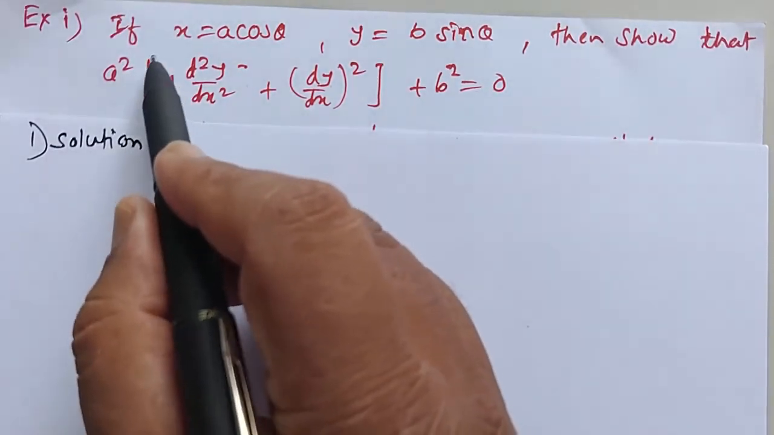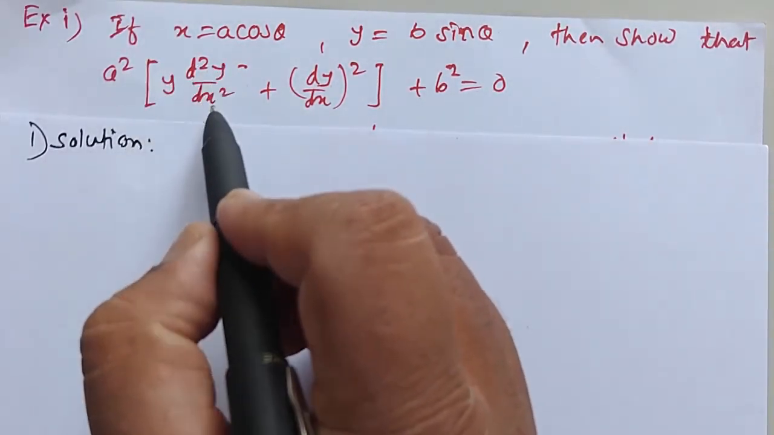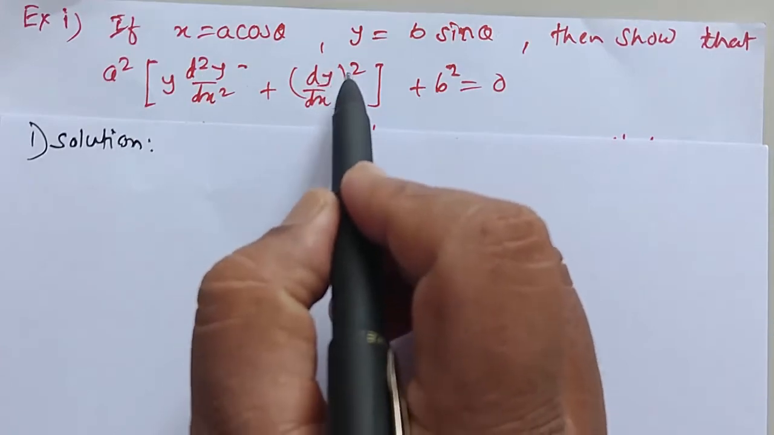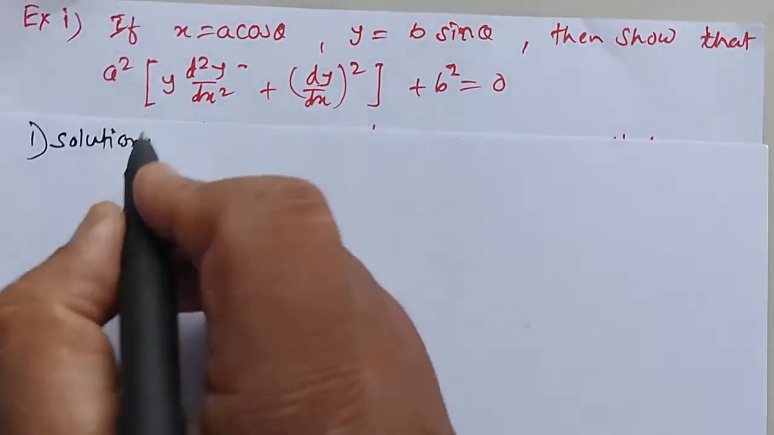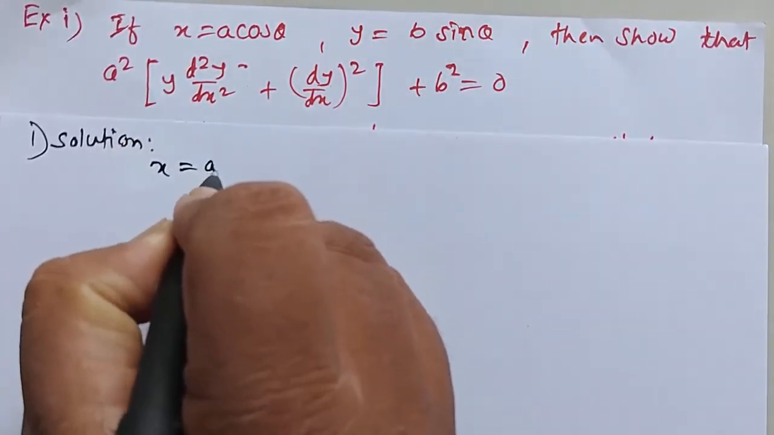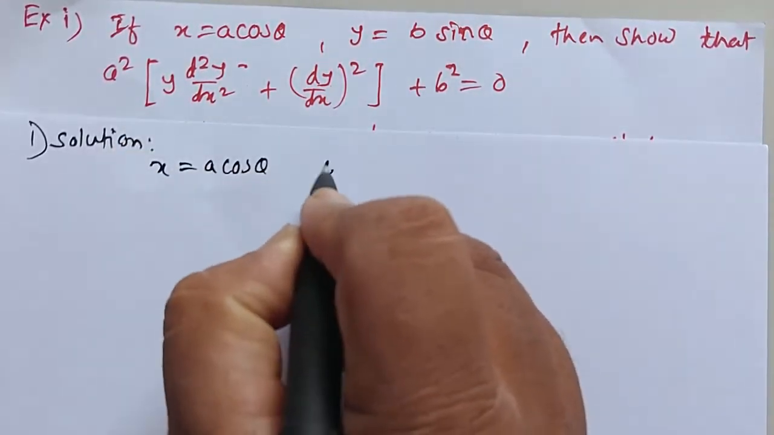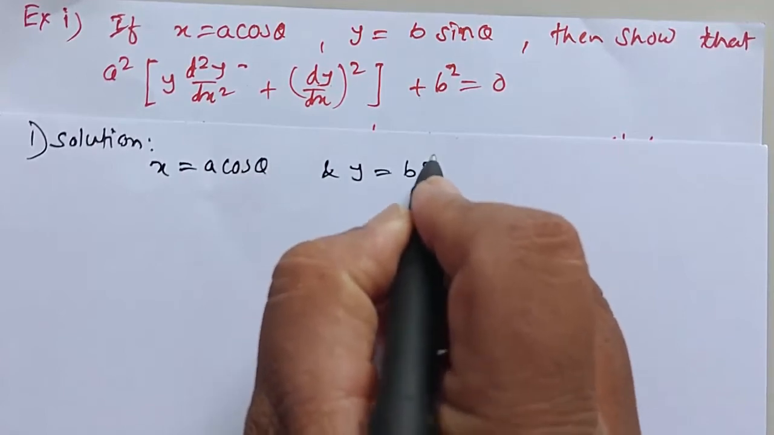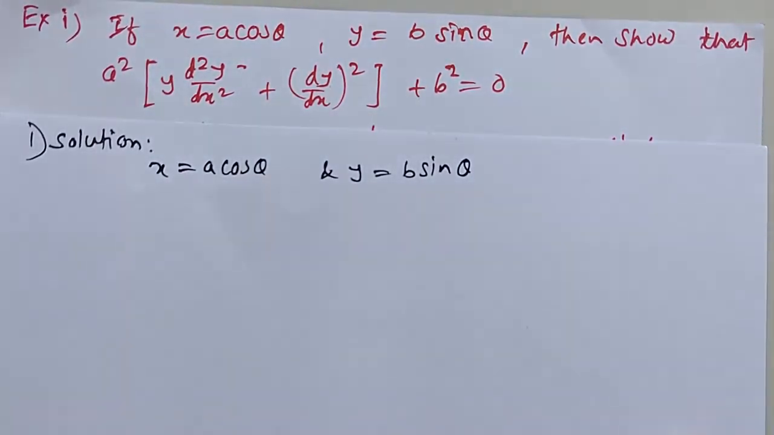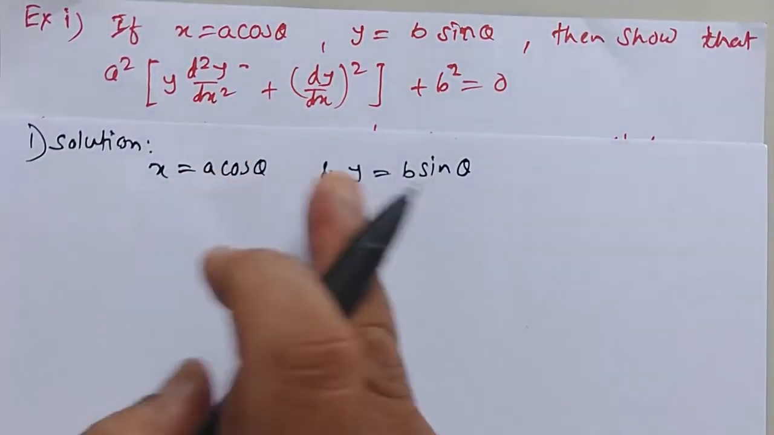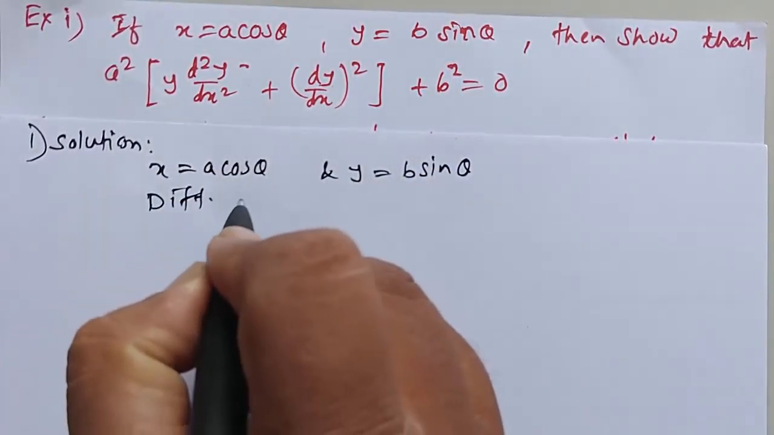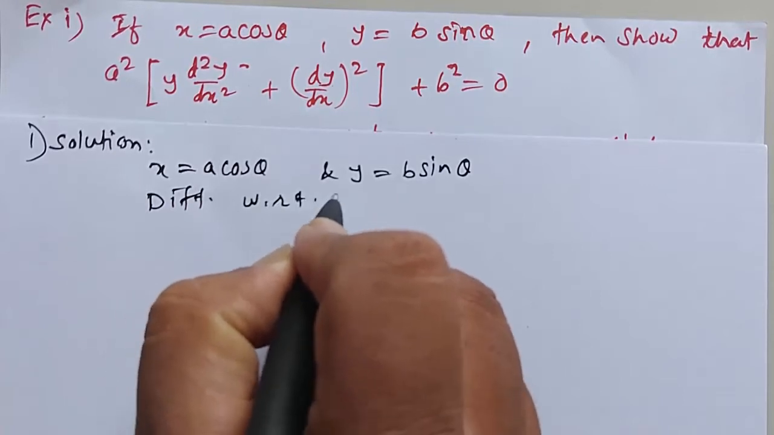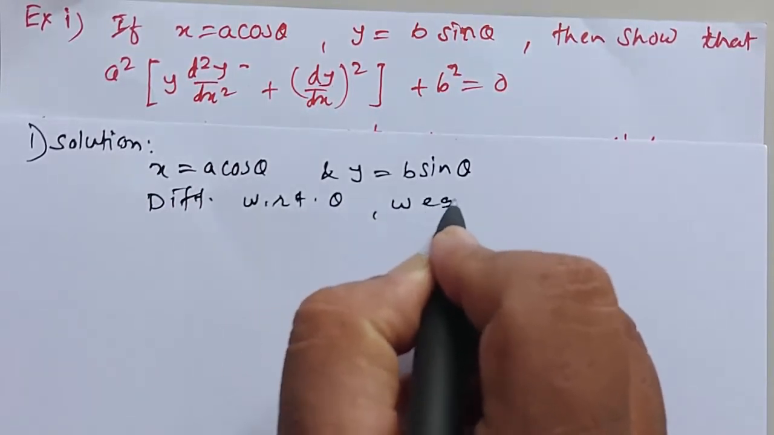that a square into bracket y into d2y by dx square plus bracket dy by dx bracket square plus b square is equal to 0. Now given x is equal to a cos theta and y is equal to b sin theta. Now differentiating x and y with respect to theta, we get